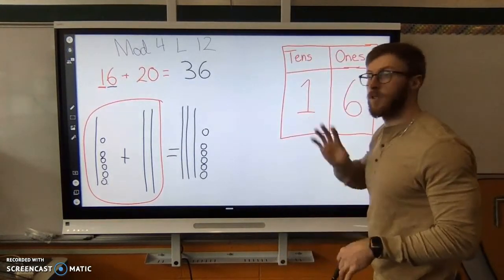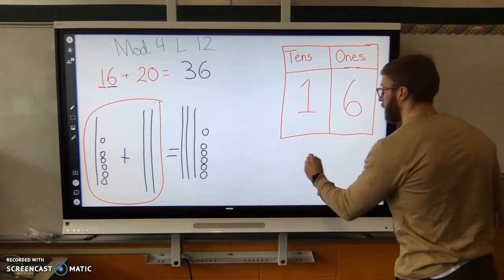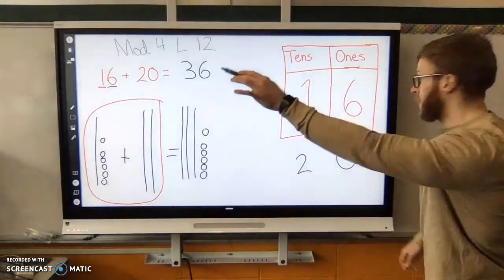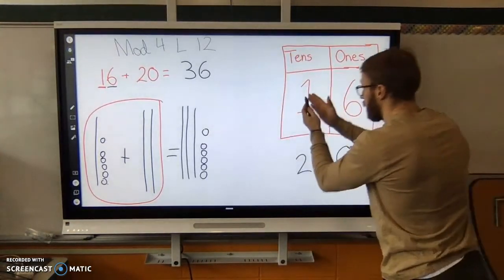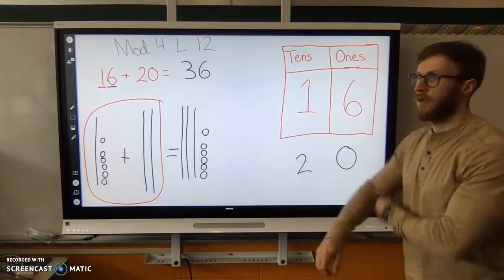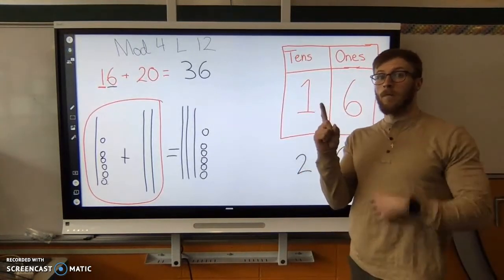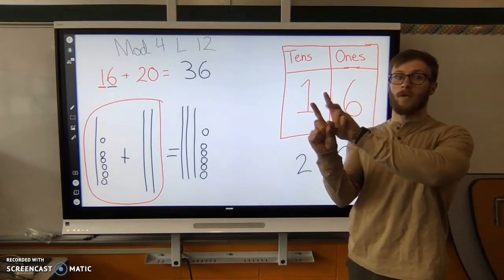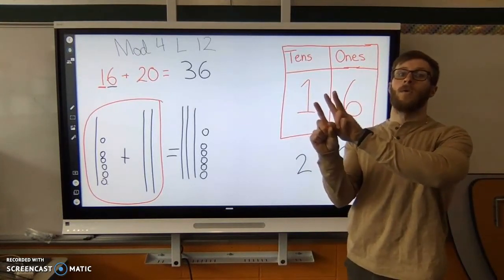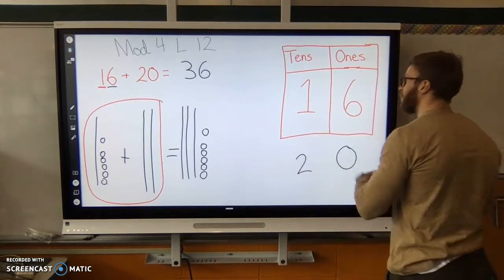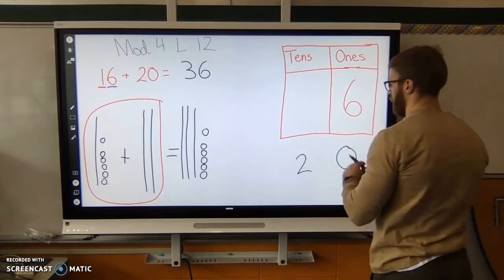We'll do it this way just to double check our work. Here's 16. I wanted to add 20. So we're going to start with the left side and work to our right. So let's start with our tens first. I have 1 ten plus 2 tens, or 1 plus 2 is going to equal 1, 2, 3. Oops, sorry. 1, 2, 3. Did that wrong again. So we have 3 tens